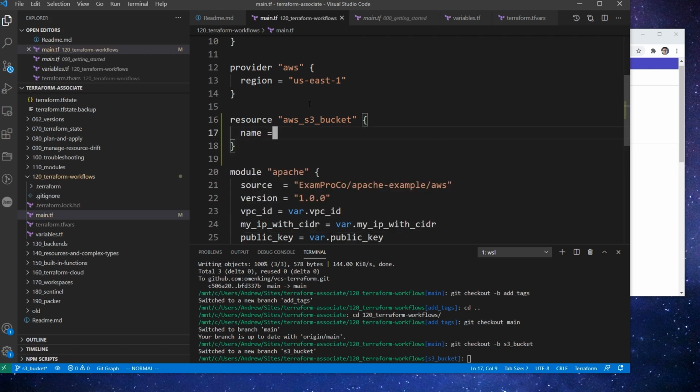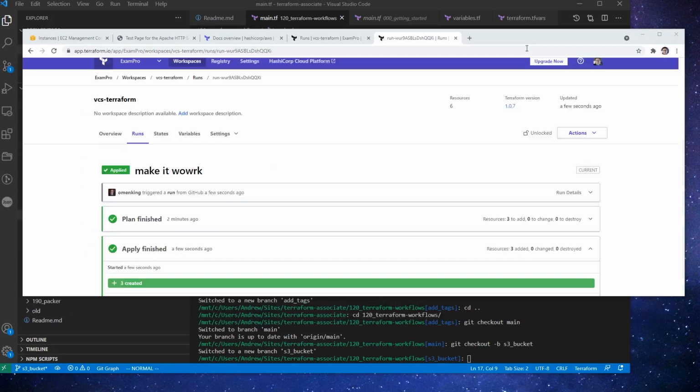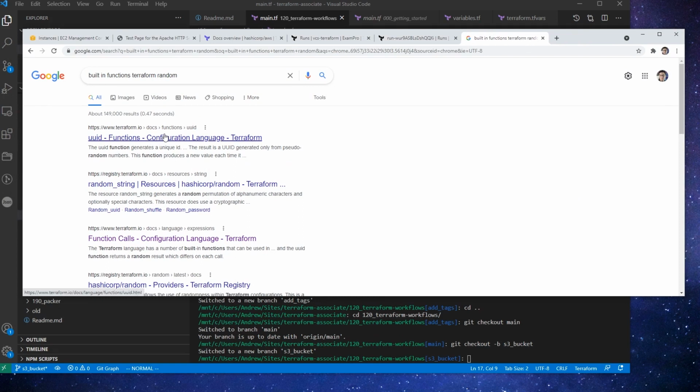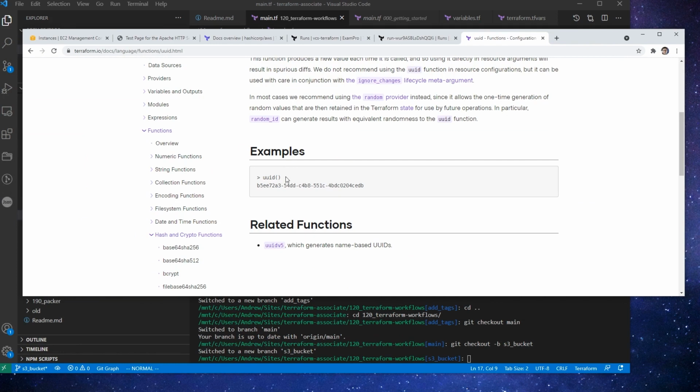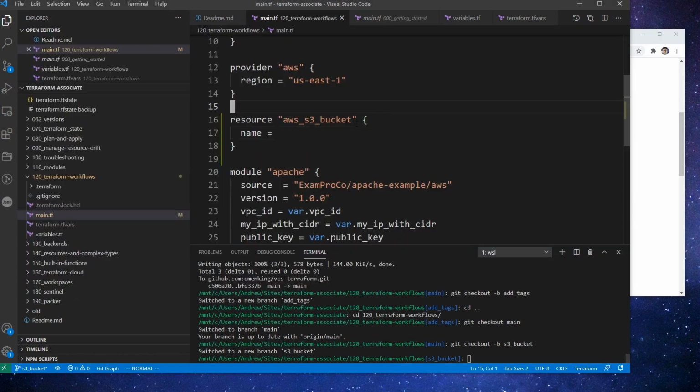And we can randomize the name because there are functions like random. So I'm going to go to built-in functions. I'm just Googling this really quickly here. Terraform random. Even if it wasn't that, we could probably just use a UUID as well. That would probably work pretty well. Yeah, let's do that. So I'm going to go here and curly's here, and we'll just say